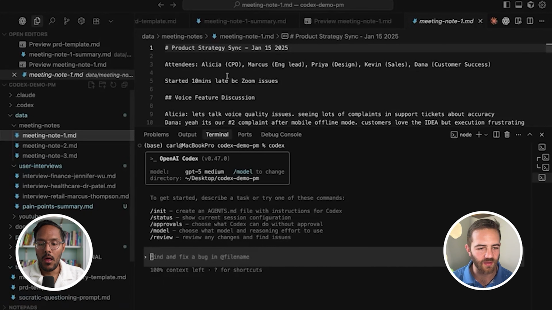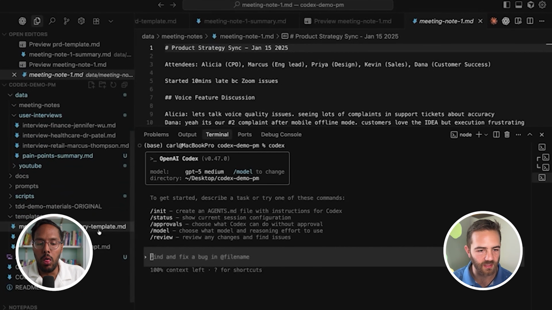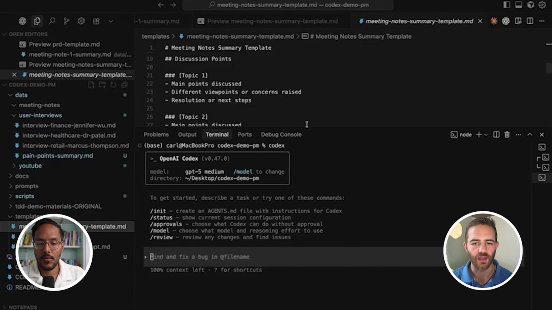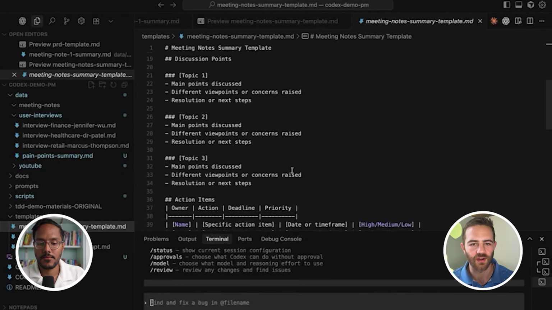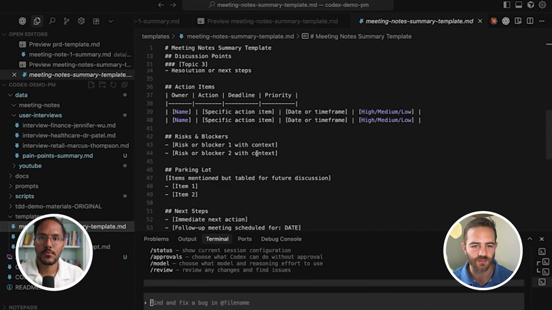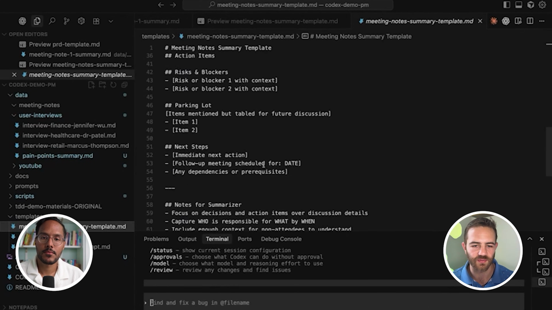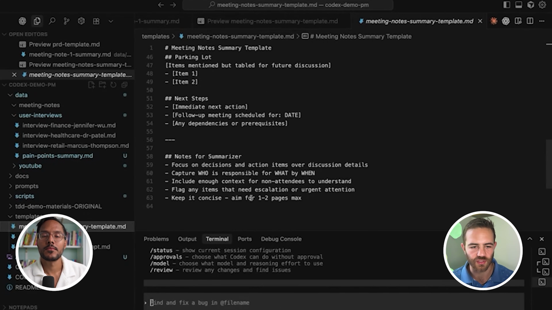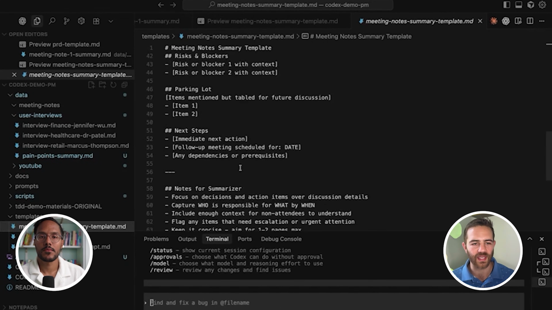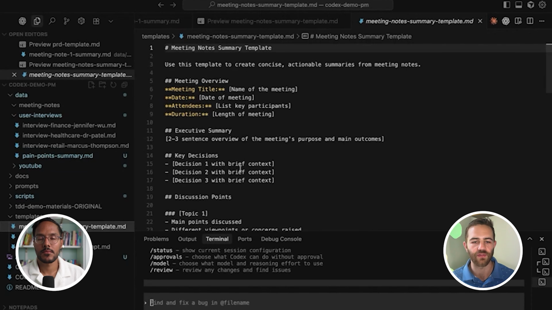And so here we have already created a template for meeting note summary. Of course, this could be anything that you wanted. Here I'm saying that the template I want is discussion points, action items, risks and blockers, and next steps for the next item, and then some instructions for the summarizer. So even though we can't actually have a new command, what we can do is say summarize the meeting notes